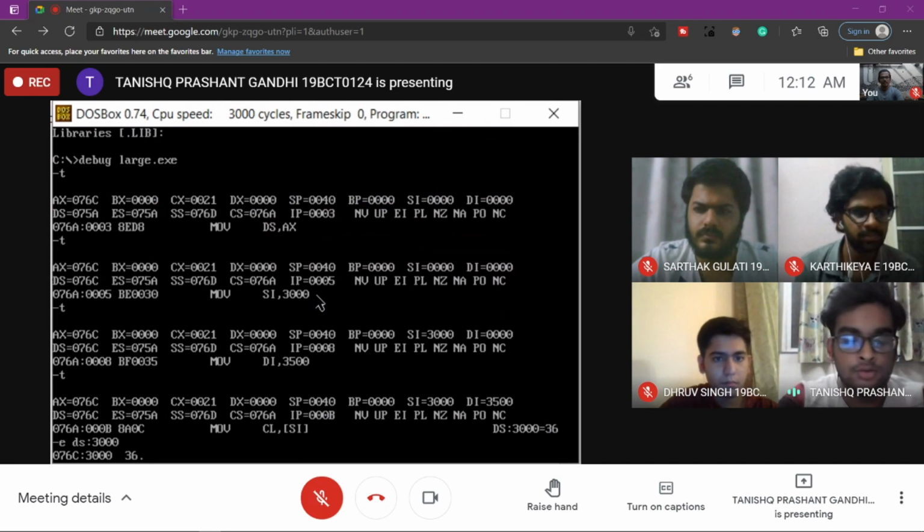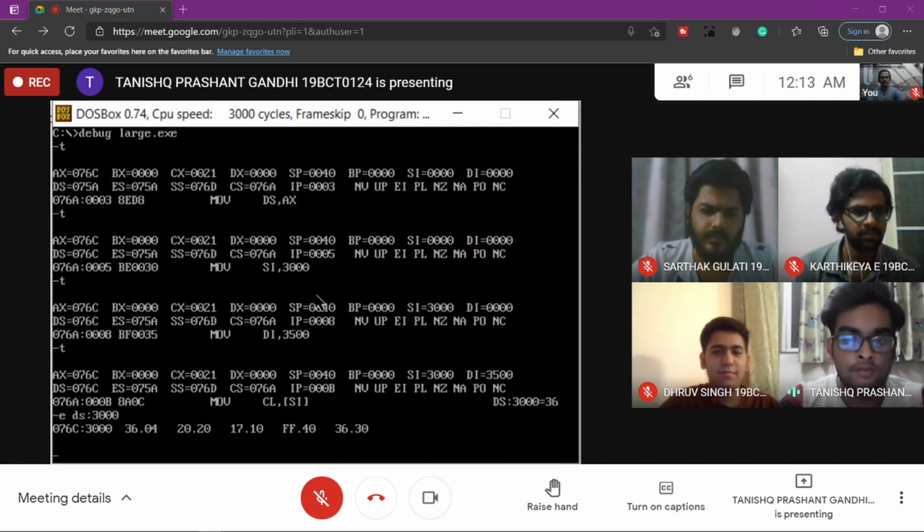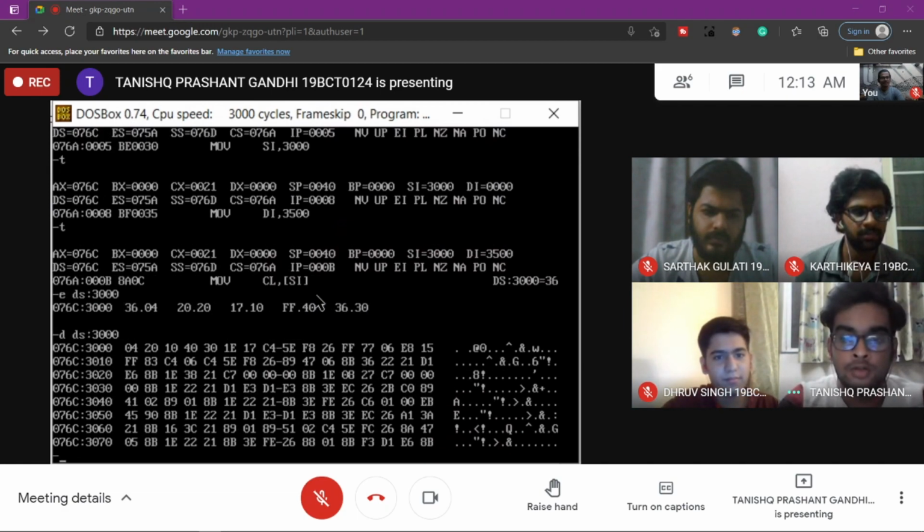First we are going to store the number of data items in the array. So here it is 4. Then we are going to pass the numbers which we want to give in the array. Suppose I give 20, 10, 40, and then 30. From these 10, 20, 30, 40, we are going to find the largest number. After giving the input, we will have a look to see if we have given the input properly. At address location 3000, we can see the first byte, which is the number of elements, and then the 4 inputs. Now we will trace one by one.